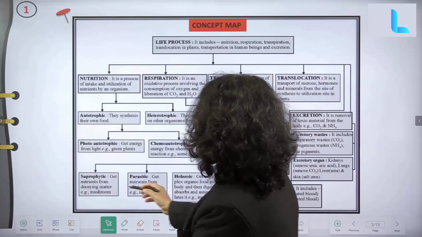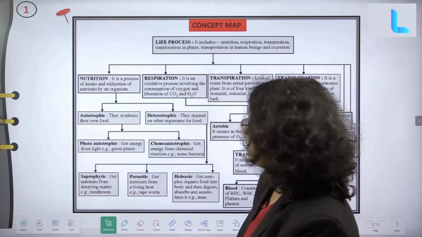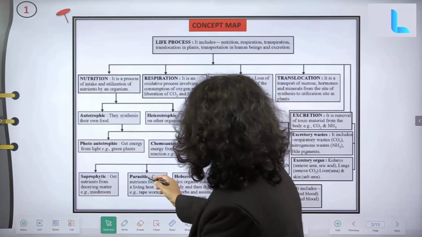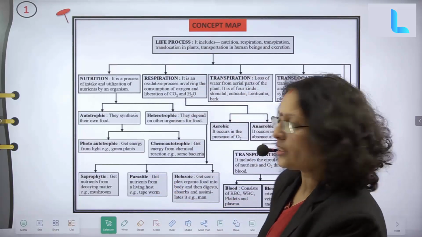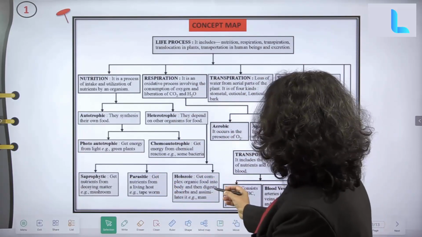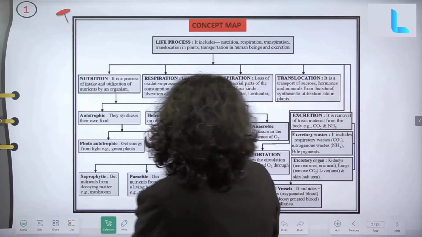Then heterotrophic: saprophytic means getting nutrients from decaying matter, like mushrooms. Parasitic means getting nutrients from a living host, like tapeworm. Holozoic means taking in complex organic food into the body, then digesting, absorbing